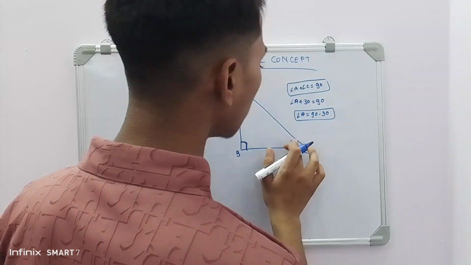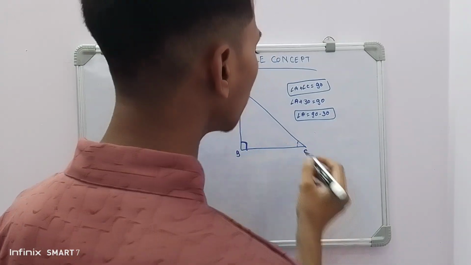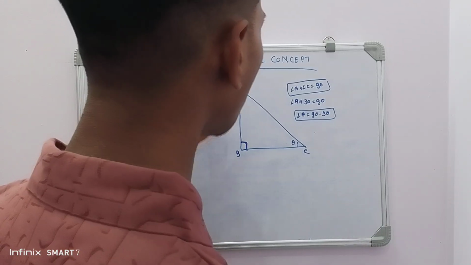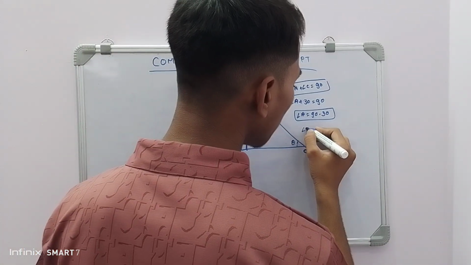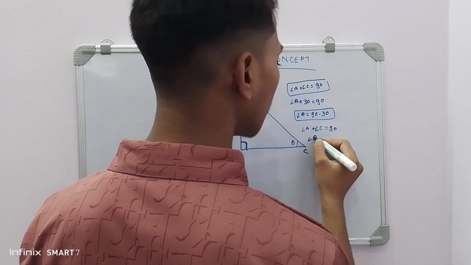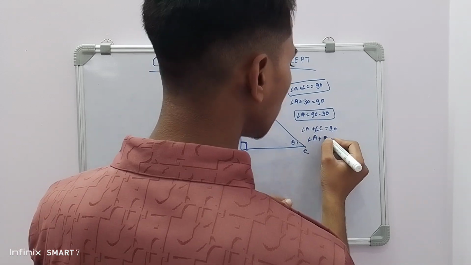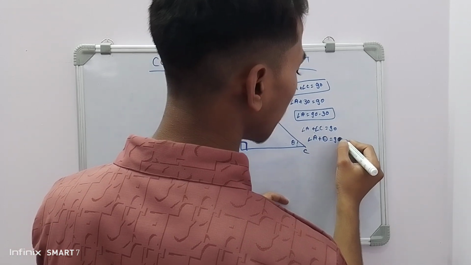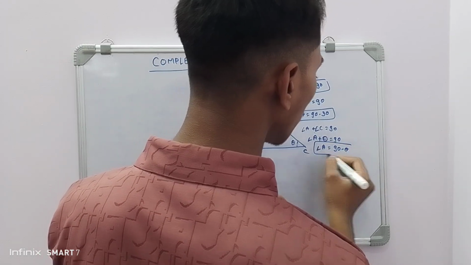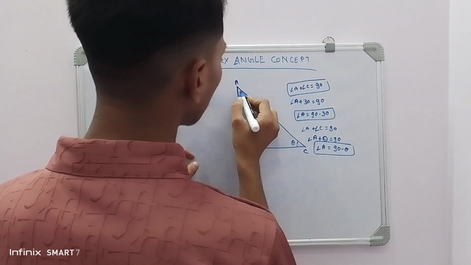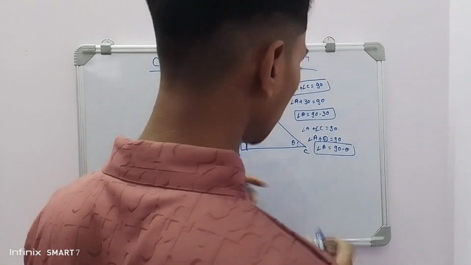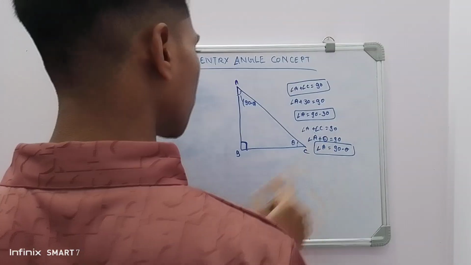And like this, if I write that this is not 30 degrees but theta, that means this is some angle, and if I ask you to find angle A, as we know angle A plus angle C is equal to 90 degrees, and we have to find angle A, where angle C is equal to theta, so angle A is going to be 90 minus theta. So this is what you have to understand: angle A is going to be 90 minus theta if this other angle is theta. This is the basic thing.